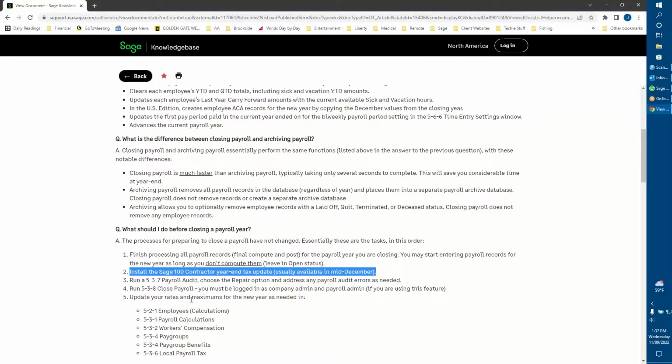We'll show you how to do that in a second. And then we'll simply close the payroll year. This is just telling you have to be logged in as a company admin. People are given privileges by whoever's the system administrator, and if you're a payroll admin, you simply check the box on the way in and confirm that you're a payroll admin, a company admin, and then you can be set up as a payroll admin.